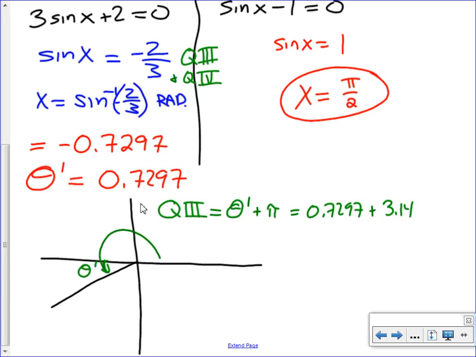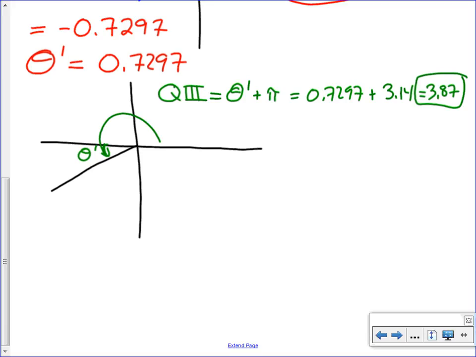So what's the first answer? It'd be like 3.87. So that's close enough, 3.87. Okay, now using the same math,